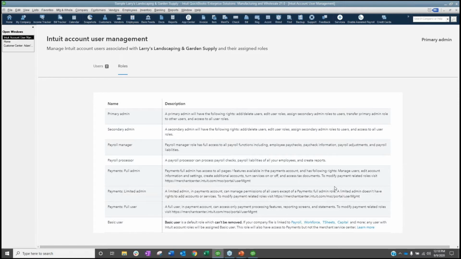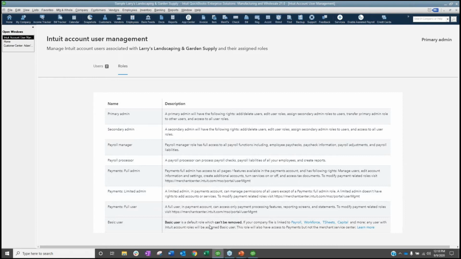Okay. And then we have a basic user. So this is really what I'm going to focus on. The reason I'm showing you this is our next feature, which we're going to go into. But a basic user is what you would be setting up. Like if you set somebody up to see the View My Paycheck, what used to be called View My Paycheck, so they can view their paychecks online. Or if they use T-Sheets, that's a basic user. And then basic users also use this thing called receipt management, which we're about to take a look at in a minute.